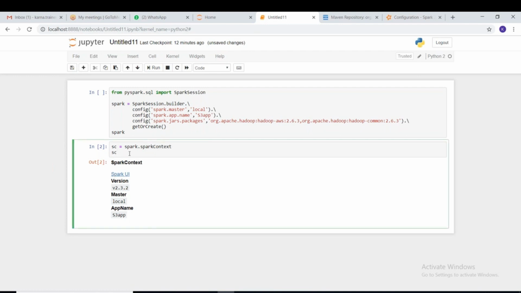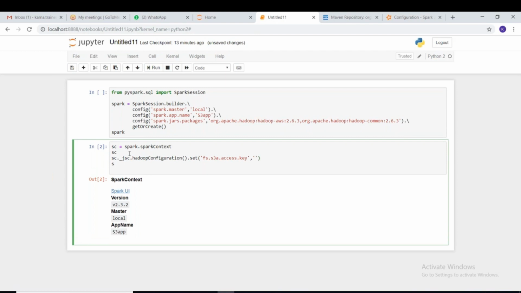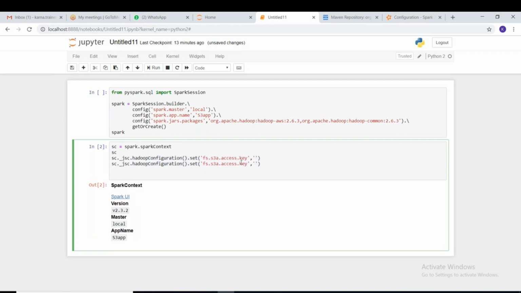After it is created, you remember the step there, sc dot underscore jsc dot hadoop configuration. So we'll copy that key later. Same thing for the secret key.